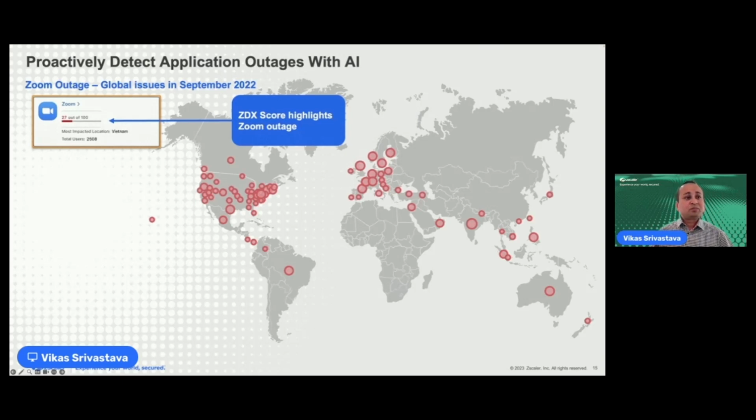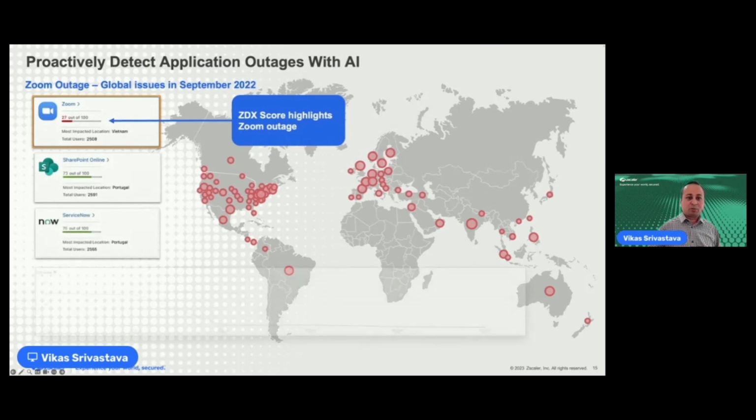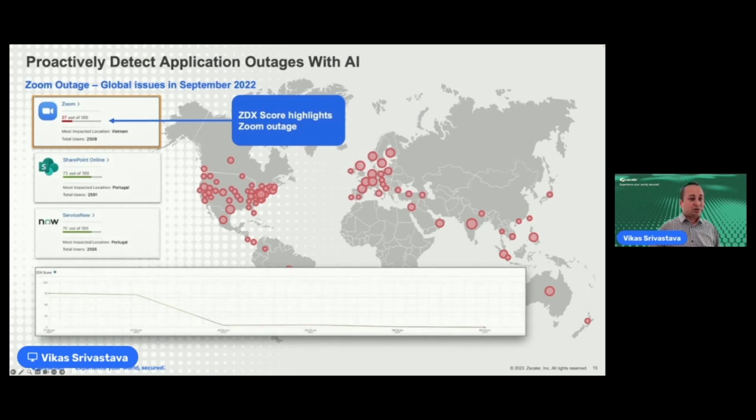Now, what happened is that in ZDX, while this problem was happening, we looked at whether there was something wrong with our network. We could see that other applications' health was absolutely fine. They are in the green category. There's no problem with other application access, but Zoom specifically saw a dip in its ZDX score. As you see in the graph here, the ZDX score for Zoom went near zero,